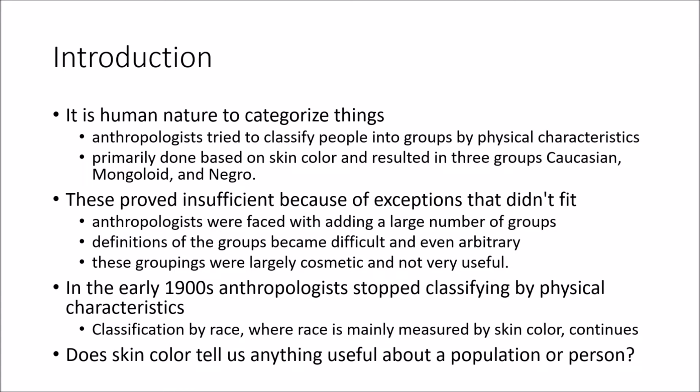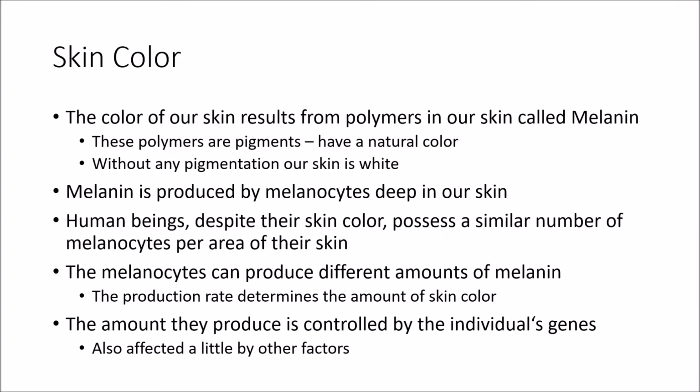And so in the early 1900s, the anthropologists simply stopped using physical characteristics for classification because it wasn't giving them anything that was useful. And so this lesson is focused on that idea of, does skin color mean anything to us in a population or as a person? And so we're going to look a lot at skin color here and how we get skin color. And some of you may know, but if you don't know,